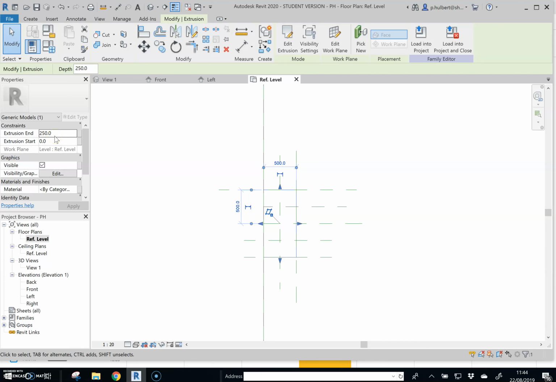Now I've been told that the distance to the top of the chimney stacks is 9,700 in the brief, and then I've been told that the chimney pots are 700 millimeters high from the top of the stack, so they're 9 meters to the top of the stack. So this figure here, rather than 250, would be 9 meters. So if I just type in 9,000 and press apply, then I haven't had to go into the other view